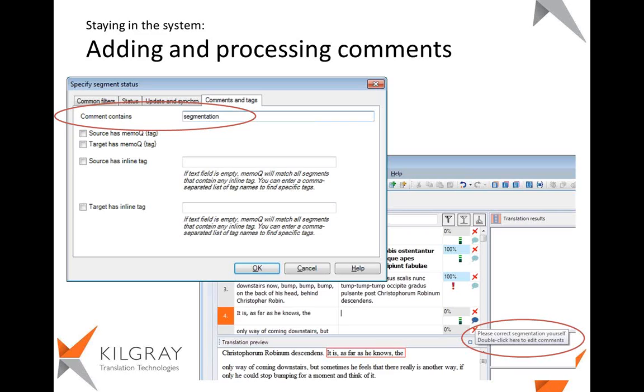I'm not restricted to filter for those segments that have some comment. I can also filter for those segments where the comment contains something like, well, in this example, it's segmentation, but